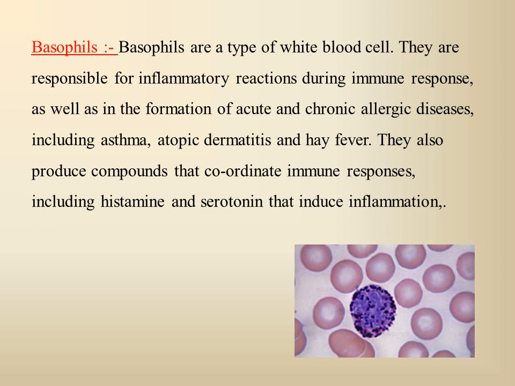They also produce compounds, as you see in the picture, this is a basophil cell. They produce compounds that coordinate the immune response, working with the immune system, and secrete substances like histamine and serotonin. These substances increase the sensitivity of the human body when released and cause